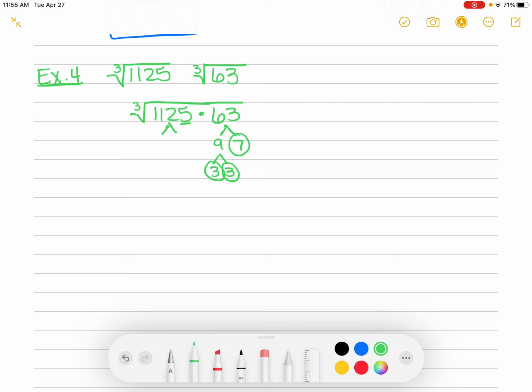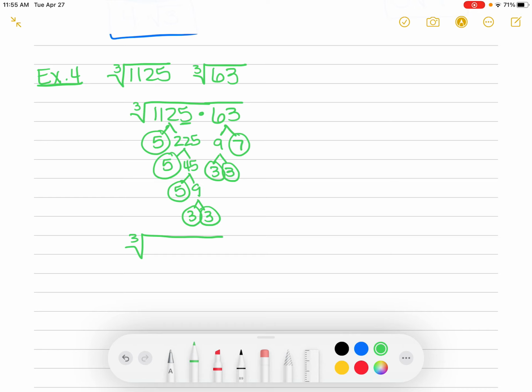I know it ends in a 5, so I can do it times 5, right? And that one ends in a 5. So again, I can do a 5. And then this one is 5 times 9. 9 is 3 times 3. Okay, so I did 2 different factor trees, but because they're all underneath the same cube root sign, that means